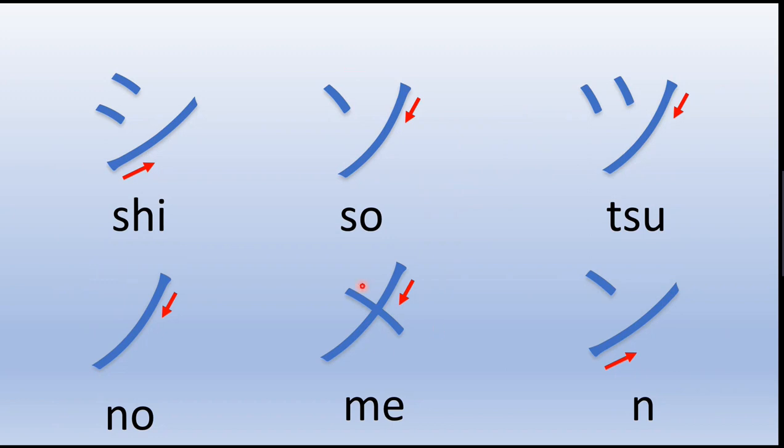Now in me, we have again the same slope of this line as in so, su, and no, but the second line is a bit longer one and it intersects the first line. So this is me, and then na. Na is similar to shi, with the difference that we have just a single short segment here, whereas in shi there are two segments. Otherwise, the slope of this second segment is the same as in shi. And another thing is that the two short segments are equally distributed along this line, whereas in na, this single one, it almost